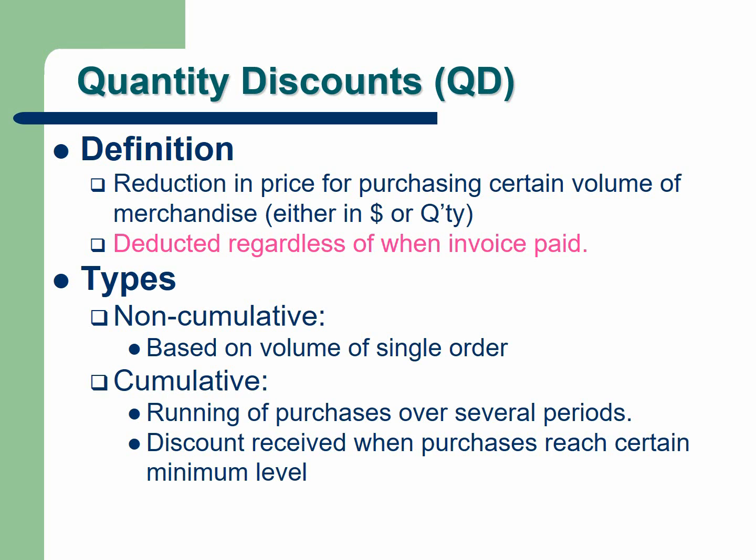Whereas the cumulative quantity discount schedule determines whether or not the buyer gets the discount, or how much discount is given, based on the running tally of multiple purchases made over a certain period of time. So, for example, the buyer may purchase several times, like 5 times during a year, and maybe the vendor will have a quantity discount schedule for the entire year. And if the buyer's 5 purchases all together cumulatively reach or exceed a certain minimum level, then the buyer will get the quantity discounts.